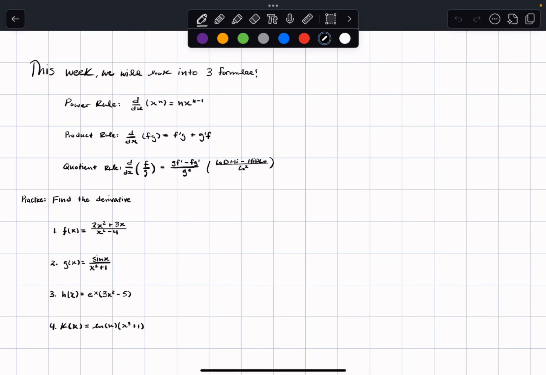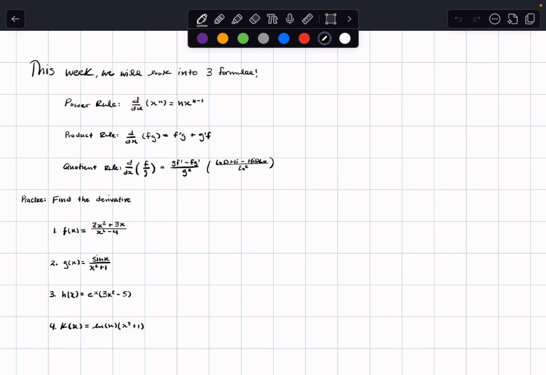Welcome back to Calculus 1, and today, or at least this week, we will be looking at three formulae, so this week can be fairly easy, and we are going to be demonstrating these rules in practice. So let's start with the first rule of differentiation. If we recall, last week you were taught the definition of the derivative, and then all these rules stem